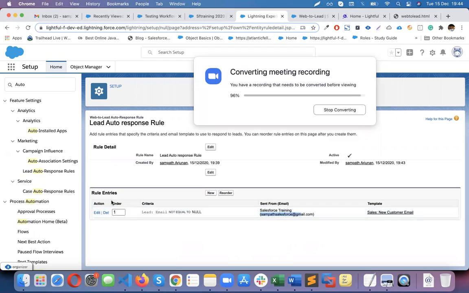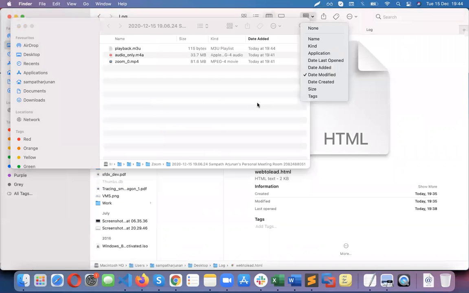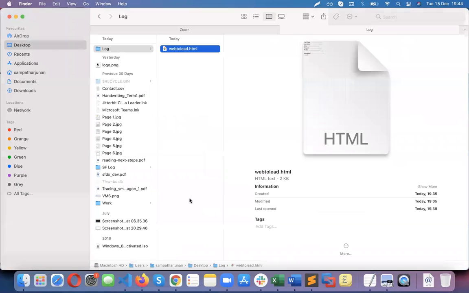Okay, like this, you can have multiple rule entries. Now make sure the rule is active. So whenever you go and create a new lead, so let's say if I go and create a new lead,